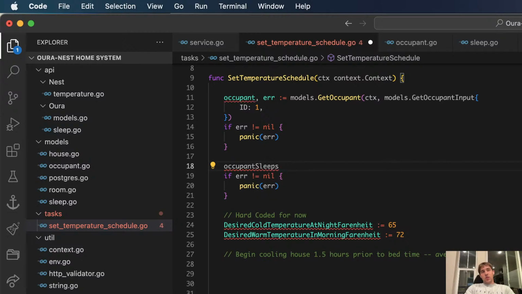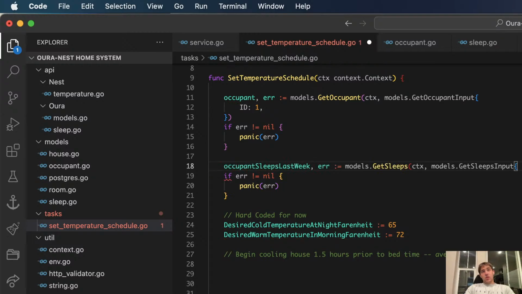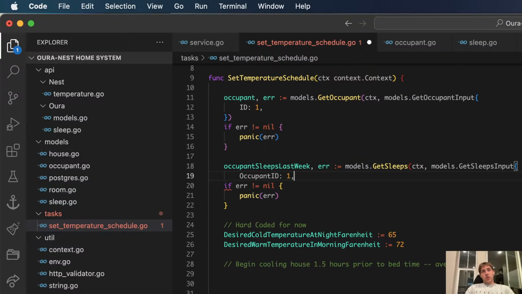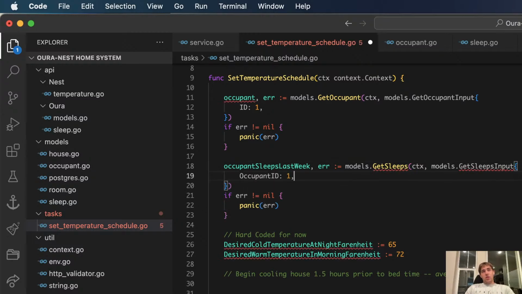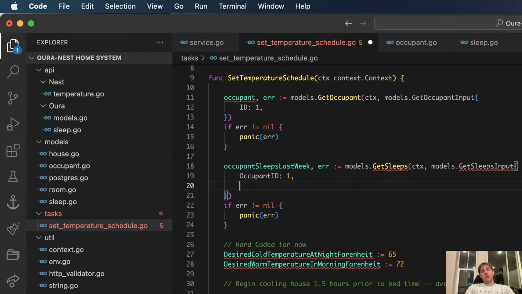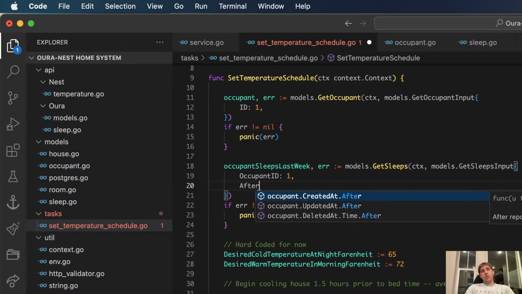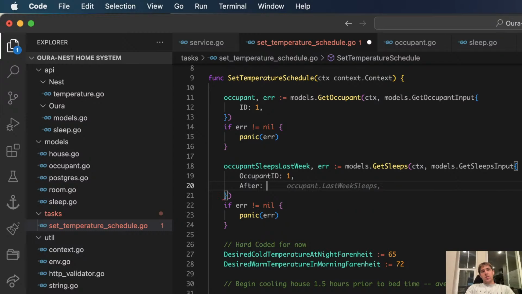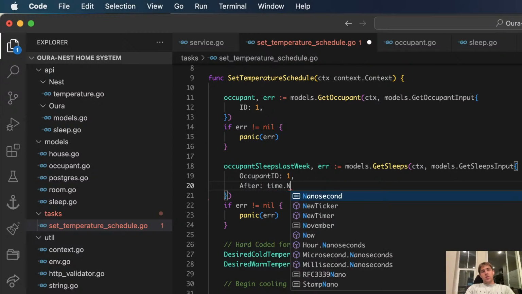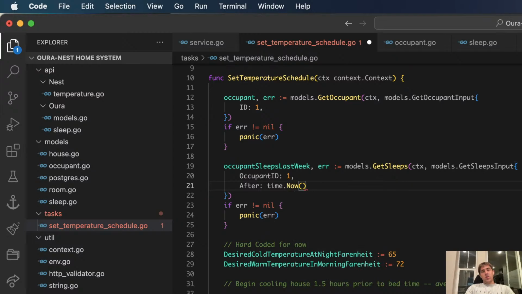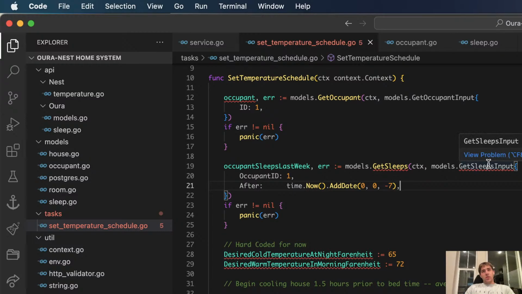Occupant sleeps last week. Okay, so type occupant one, and let's say after date. That's going to be a list.